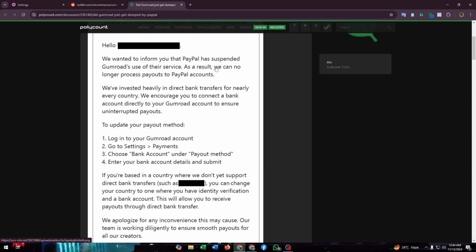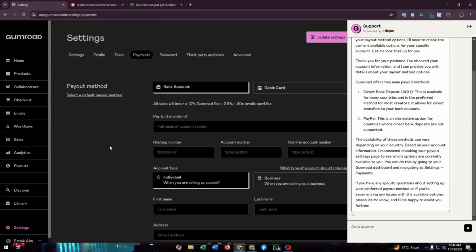As a result, we can no longer process payouts to PayPal accounts. We have invested heavily in direct bank transfers for nearly every country. We encourage you to connect a bank account directly to your Gumroad account to ensure uninterrupted payouts. That means PayPal has dumped Gumroad